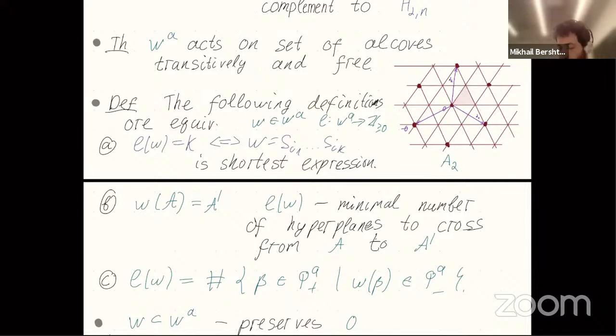In principle, the symmetries of this triangle are 6, but in this way we obtained only 3, only a subgroup of order 3. We do not have an element which permutes alpha 1 and alpha 2, which was the symmetry of the non-extended Dynkin diagram. So in the affine extended Weyl group, we don't have such a reflection.